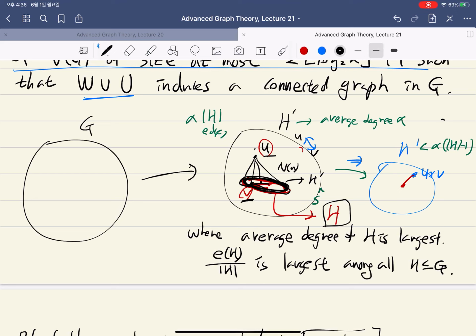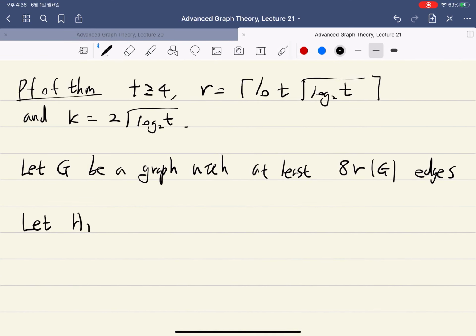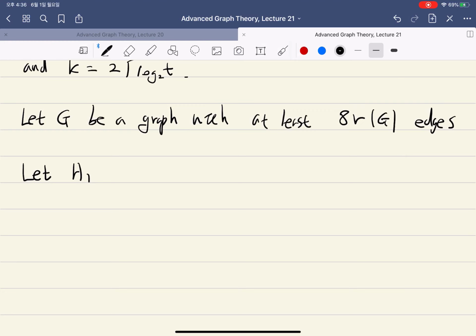So if you take a neighborhood of U and then consider the graph this H prime induces on here, then maybe have a large minimum degree. So that's what we want to do. So in order to do that, let H1 be a